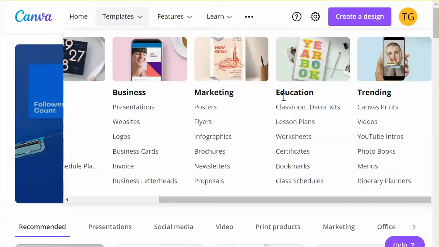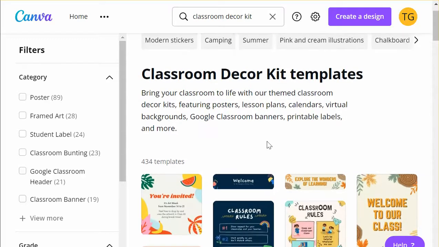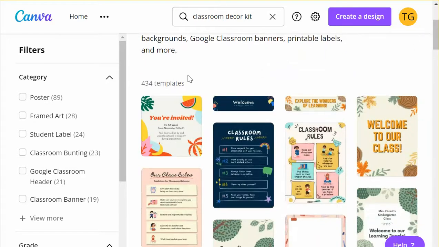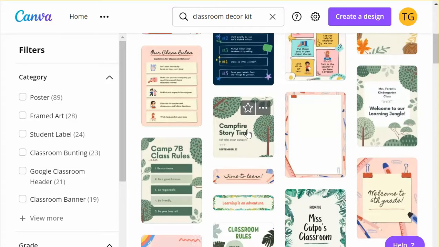Okay, so here's the first one: classroom decor kits. This is basically a theme for classrooms. Features posters, lesson plans, calendars, virtual backgrounds, Google Classroom banners, printable labels, and a whole lot more. As you can see, there's over 434 templates available. So, for example, in the case of a Moodle course,